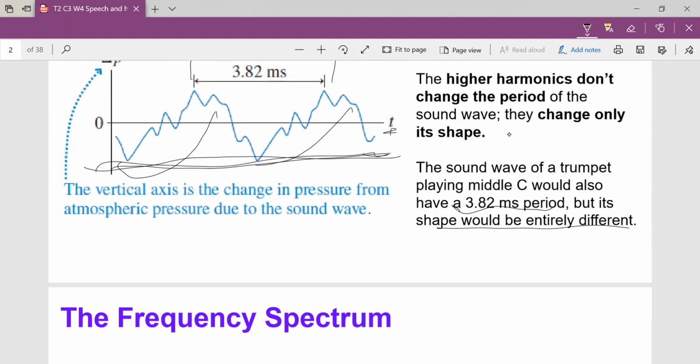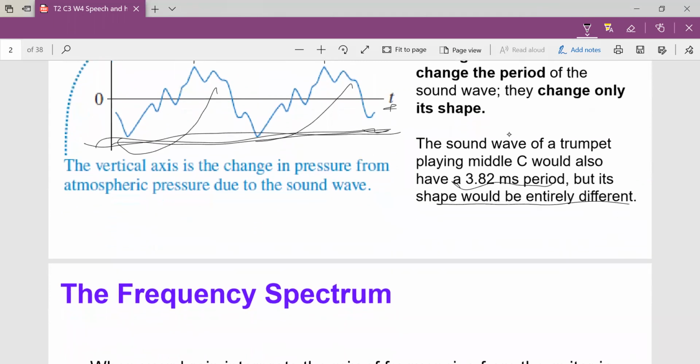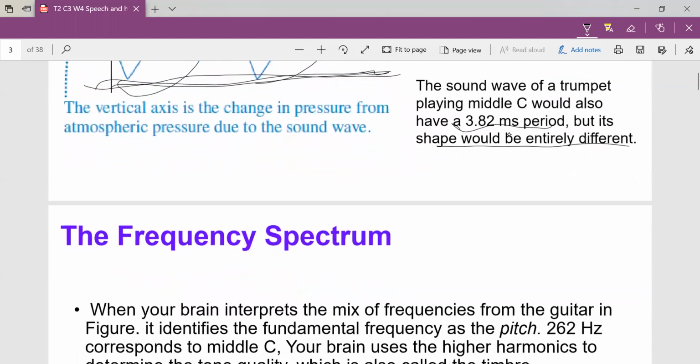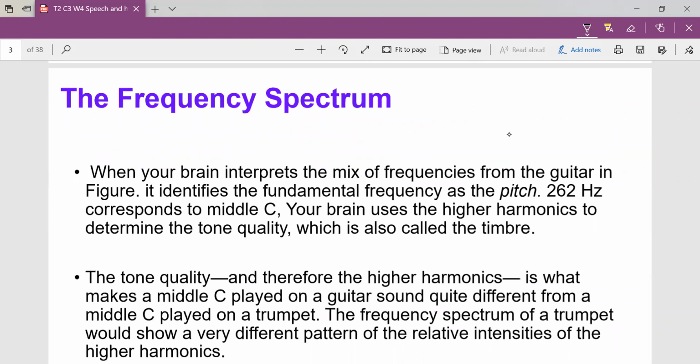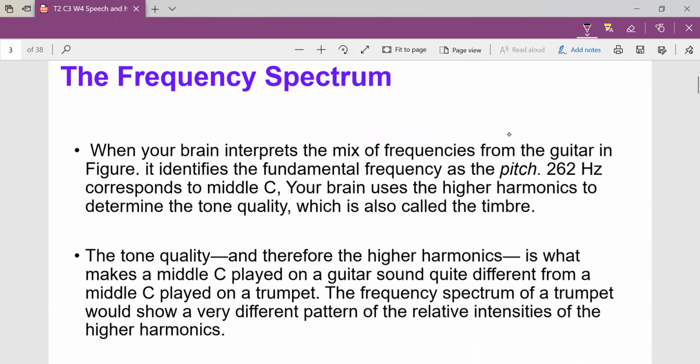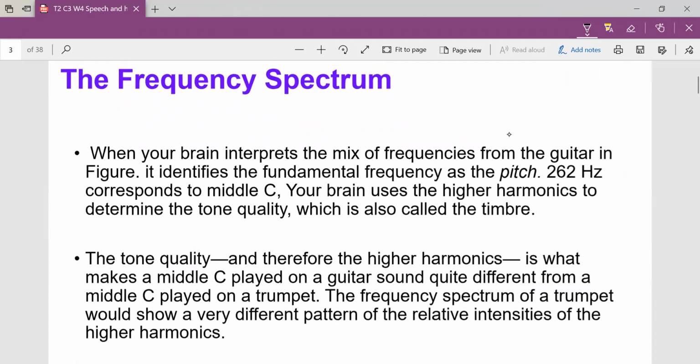Okay, so have it in mind, or understand the point, that it is actually the higher harmonics that bring about the different shape in the sound wave graph, and that is what actually informs the difference in the sound you hear from two different musical instruments that play the same key at the same frequency and period. Okay, so we have seen a typical graph or spectrum representation of the frequency that can be played on the instrument. Now, what actually happens is that